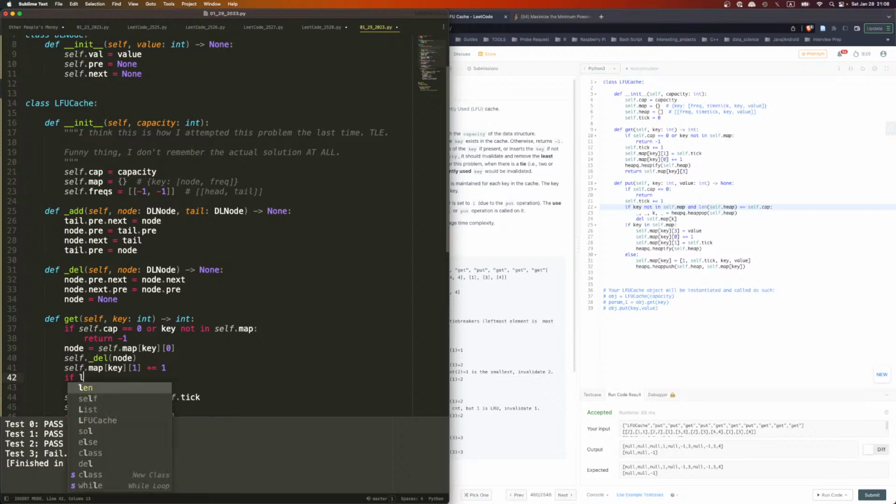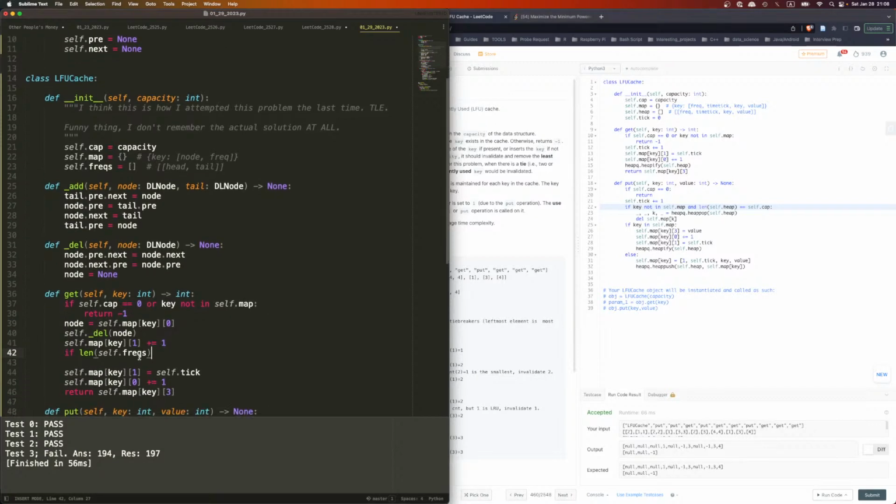If len of self.frequency, well, its length is already 1, so the common frequency is 1. What we can do is just do this as empty, and then we just need to do frequency minus 1. We can do that, which is fine. So we say len of this, right? If this is smaller than self.map key 1, smaller than the frequency, then we need to add 1. Then let's say